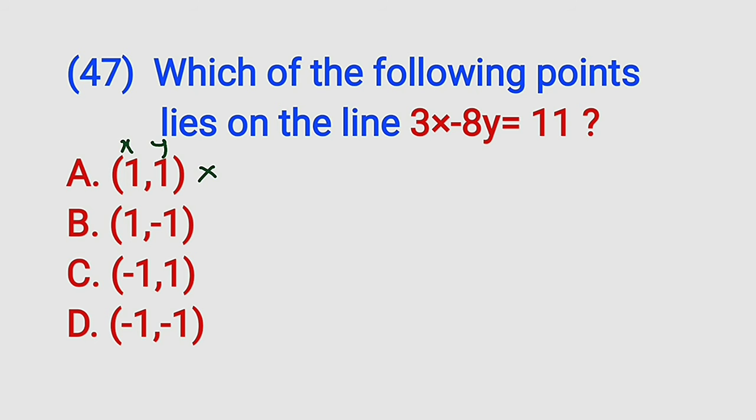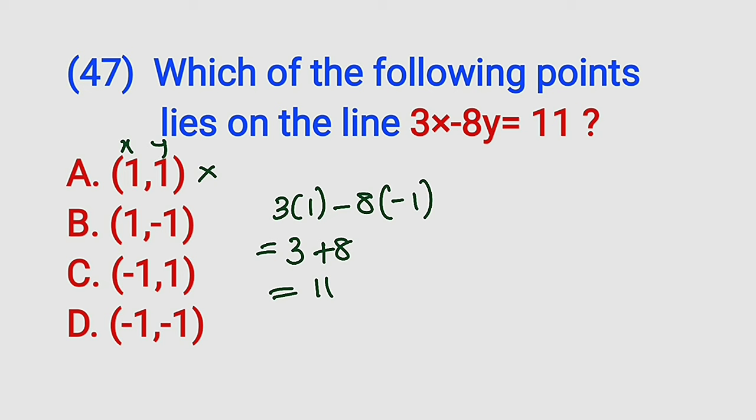Moving on to the next one, where x is 1 and y is negative 1, we have 3 times 1 minus 8 times negative 1. 3 times 1 is 3. Negative 8 times negative 1 is positive 8. And if you add, you're going to get 11. And this is said to be the right option. But we can test others